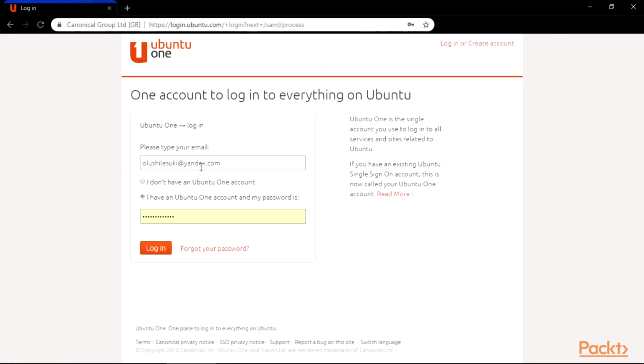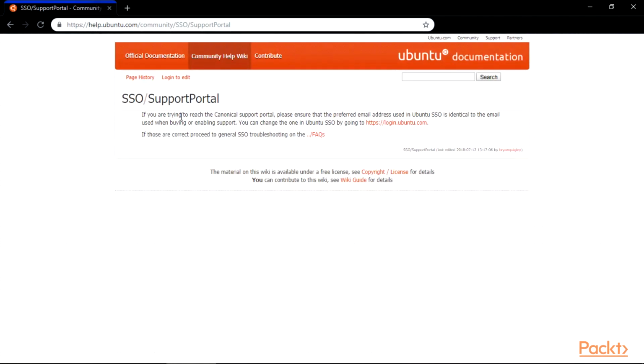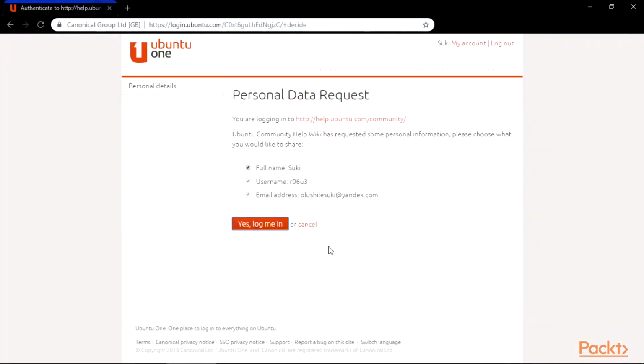Alright, I'm going to be logging in. Let me just log in. Alright, I am already logged in as a developer. So that's how to create an account. It is not that hard. It's very simple. Just follow how it is being done, and it's very easy for you to create an account